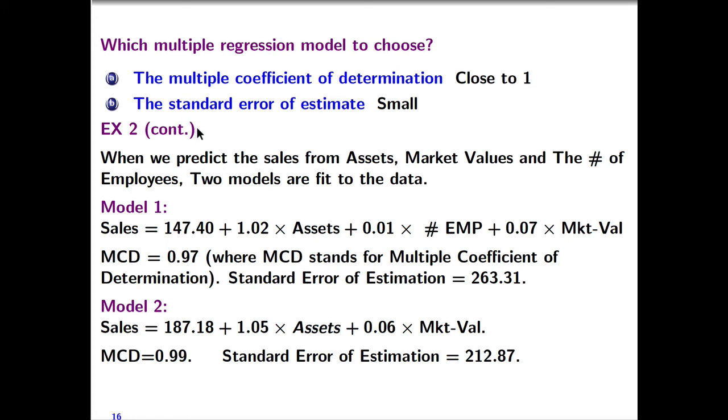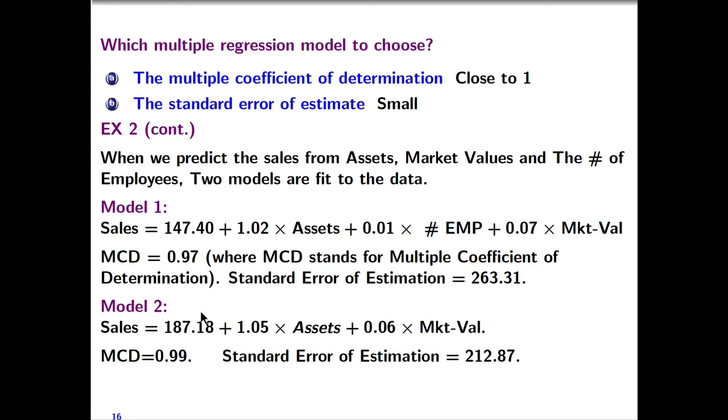So let's go back to this example number 2. We predict the sales from 3 independent variables, total access, market value, and number of employees, and we get a model. And now, after we get rid of, say, the number of employees, we obtain another model. So we have model number 1, sales is equal to 147.40 plus 1.02 times the total access plus 0.01 times the number of employees plus 0.07 times the market value. In this case, the multiple coefficient of determination is 0.97 and the standard error of estimate is